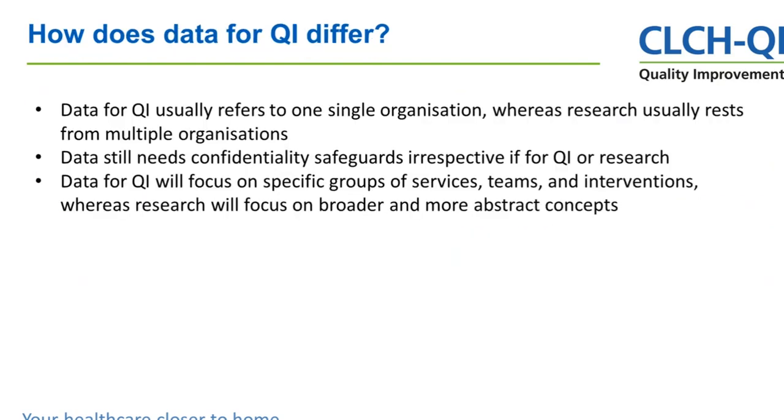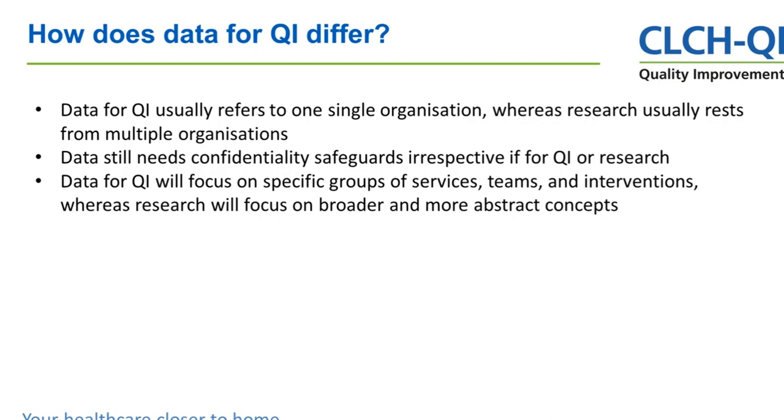So in terms of the differences within the data that you'll collect for quality improvement versus research, data for QI usually comes from one single organisation, whereas research usually draws from multiple organisations. And this has very important implications in terms of logistics. With one single organisation, the data you get, even if it's from different services within the organisation, is likely to be formatted in a similar way if it's being collected by a centralised system. Whereas with research, if you're getting data from different organisations, there are a lot of different systems that may be used that aren't the same, and thus aggregating reports may be fraught with difficulties in terms of needing to be cleaned and coded.